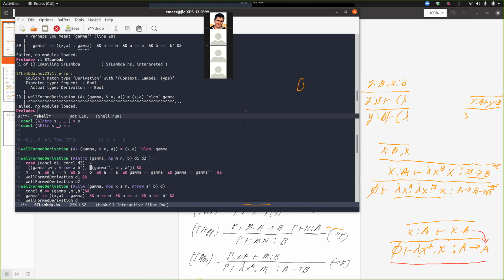This is not that pretty, but I don't know. Can you think of a better way to do it? Anyone? So here I've got all the variables matched up. Now I should be able to check these things. And then down here, I want to say case concl of D of